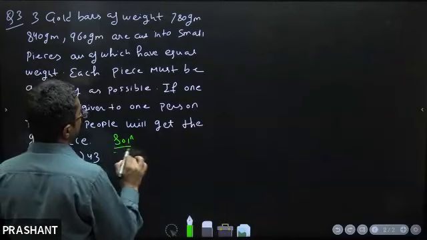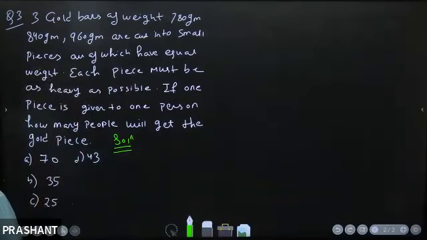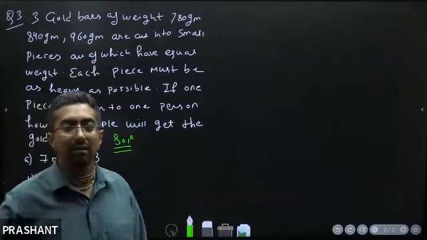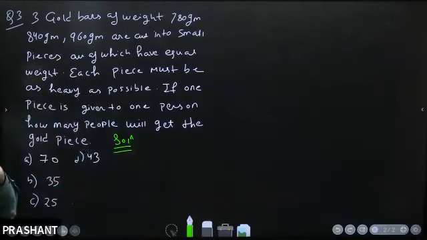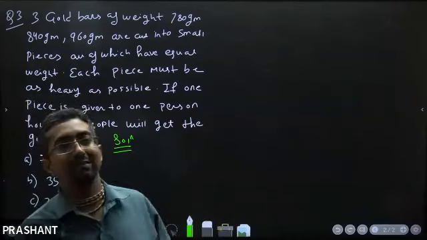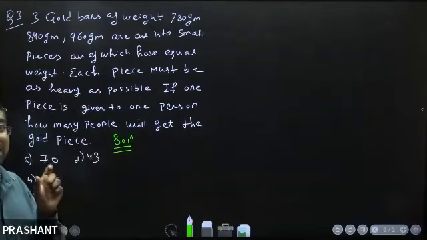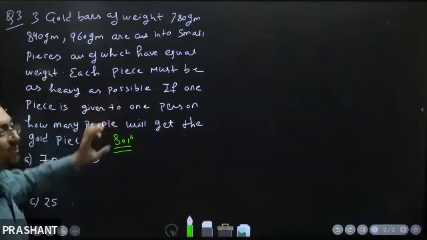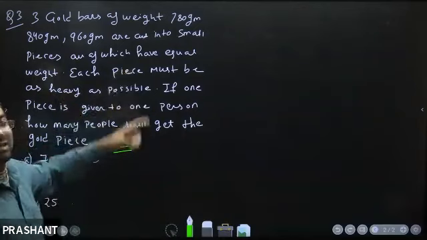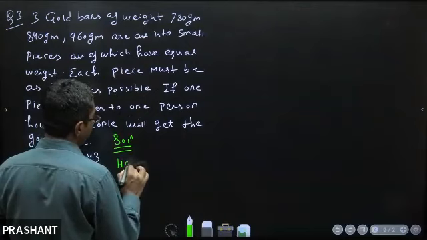See, what we have to do here, you should have been able to solve this question, because we covered the first chapter in the module, the HCF LCM one, and this is part of it. So three gold bars of weight 780, 840, 960 are cut into small pieces all of which have equal weight. Each piece must be as heavy as possible. So what will we do, take out LCM and HCF. We know that if we take out the LCM we get a very big answer, and here definitely we will get a smaller answer. Because each piece is as heavy as possible, that should be the smaller value. So basically we have to find the HCF of